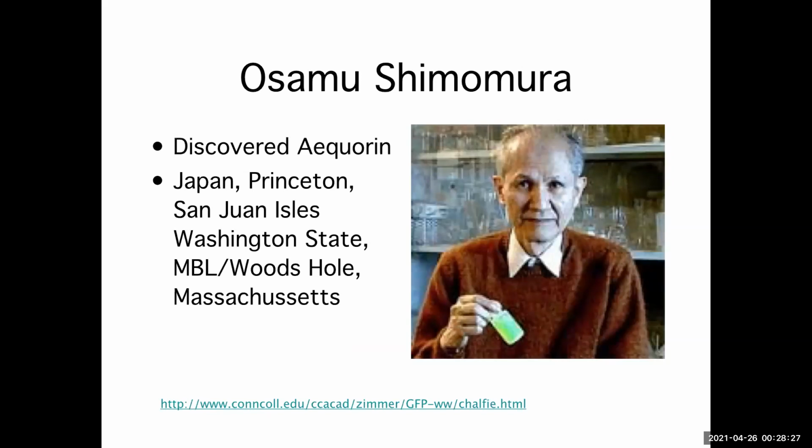And so it took mostly the work of the three men who won the Nobel Prize. Osamu Shimomura was working at Woods Hole, which is this great place for marine biology, but all sorts of discoveries come out of it. It's up in Massachusetts. It's actually where I went to learn microscopy when I was setting up this program. He was born in Japan and went to Princeton and did his work at Woods Hole. And he discovered aequorin,